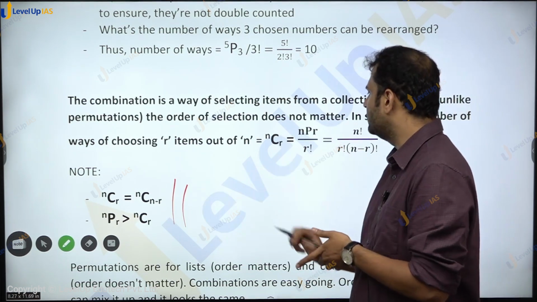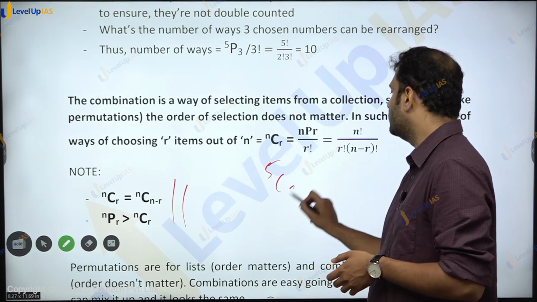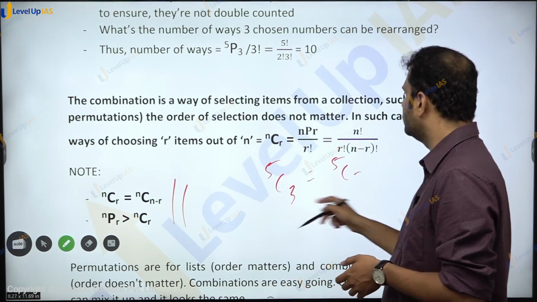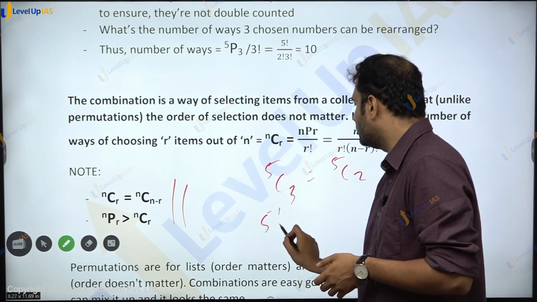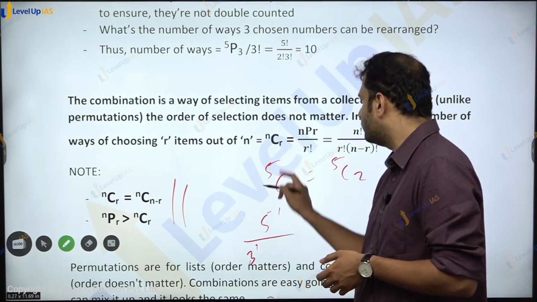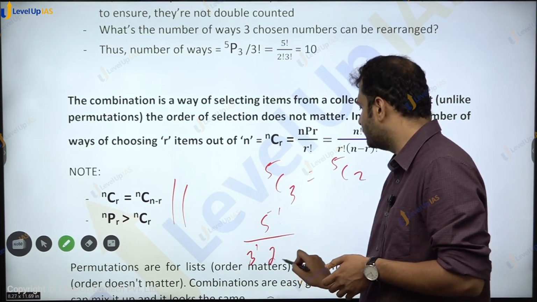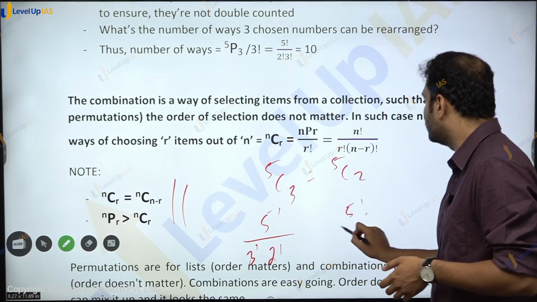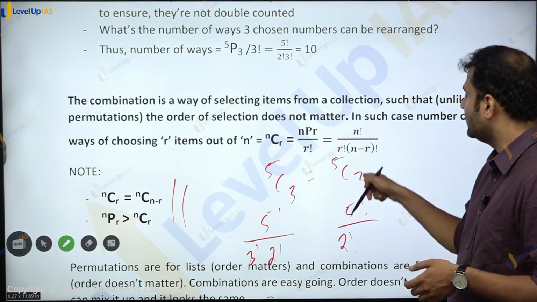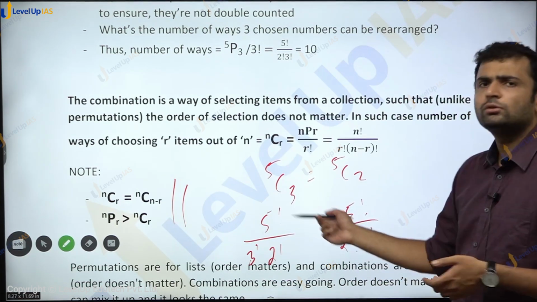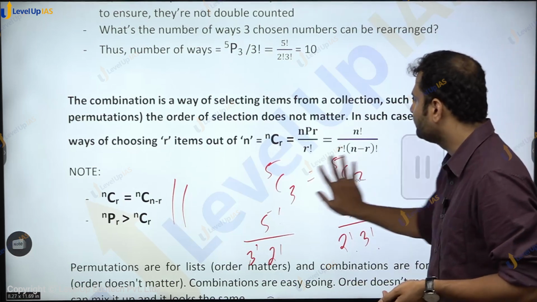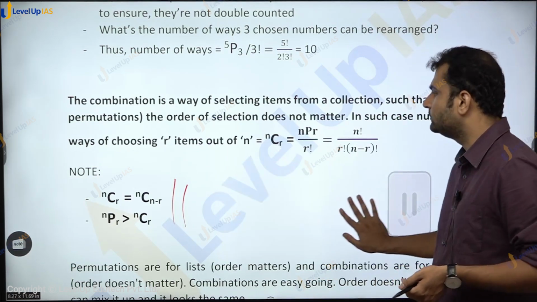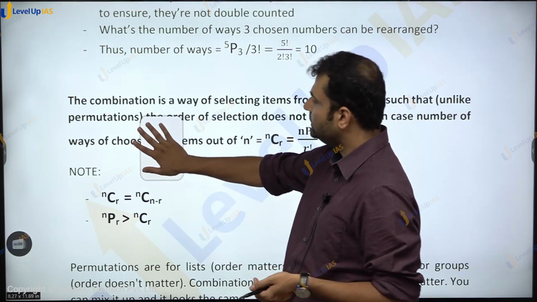जैसे कि for example 5C3 is same as 5C2, क्योंकि ये क्या है 5 factorial divided by 3 factorial into 5 minus 3 factorial, which is 2 factorial. और ये क्या है 5 factorial divided by 2 factorial into 5 minus 2 factorial, which is 3 factorial. So both are actually exactly same quantity. ठीक है,